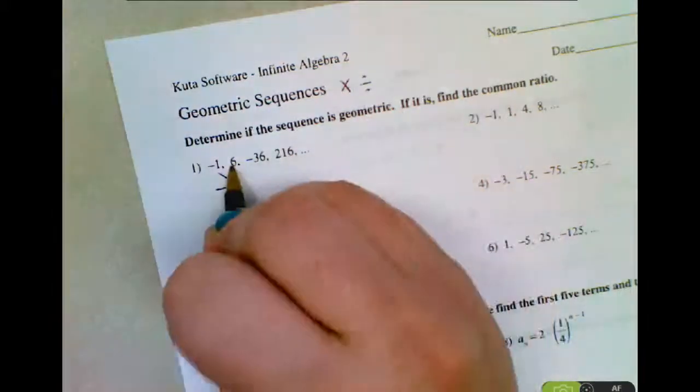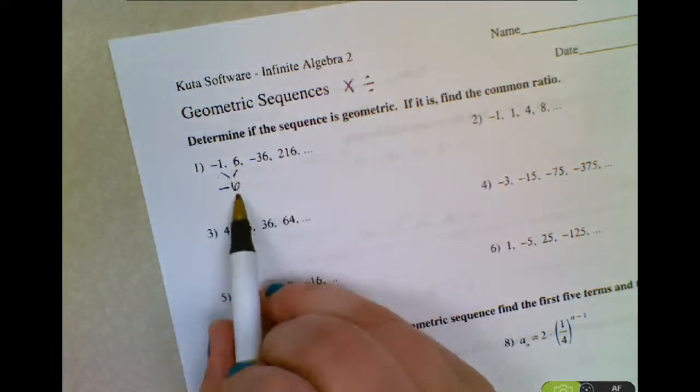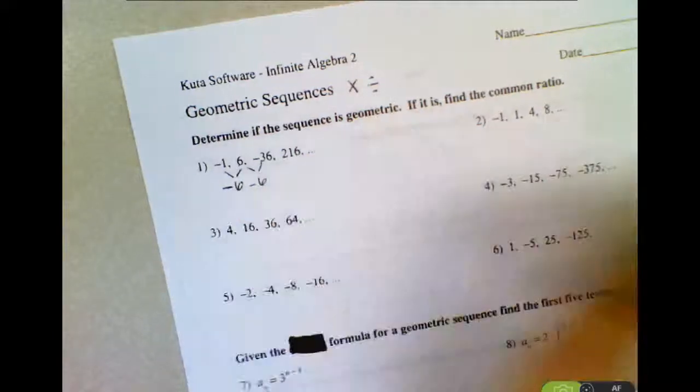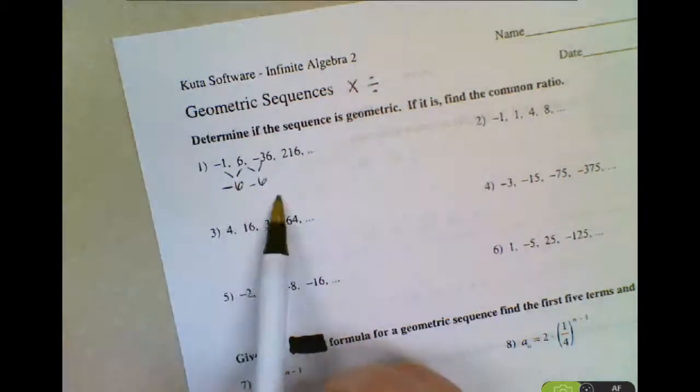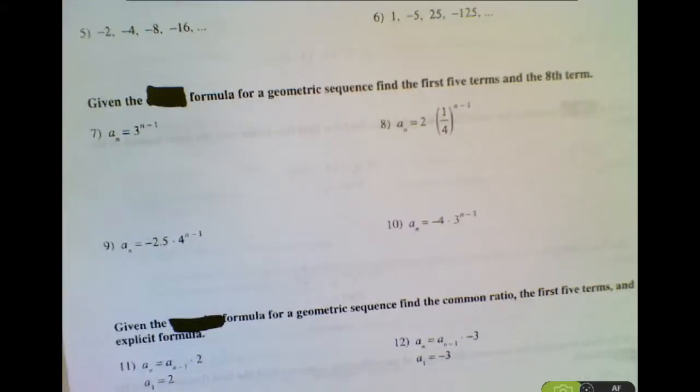Now what would happen if we took the 6 and multiplied it by negative 6? 6 times negative 6 is negative 36. So we know that we have the same common ratio between each of these. Okay? Moving on to this next section, give the formula for a geometric sequence, find the first 5 terms, and